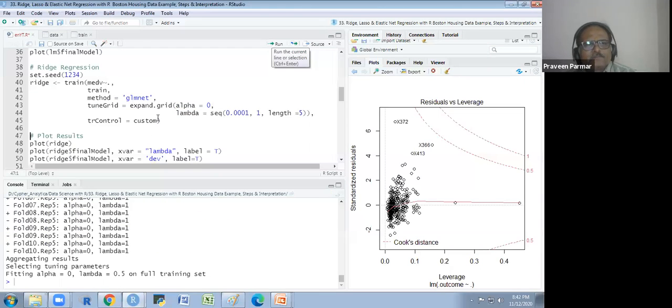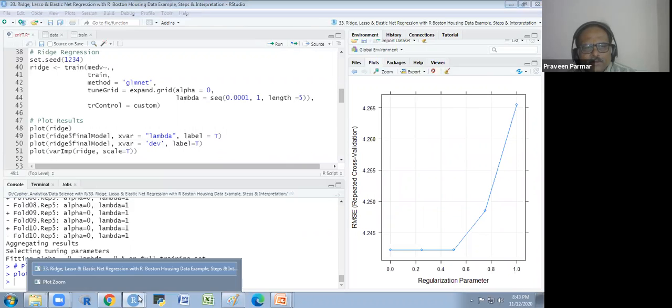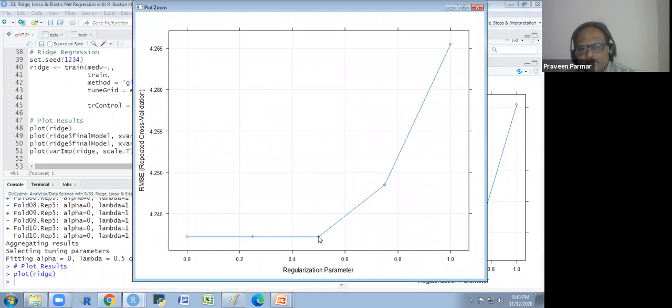It is running. First I will show you the plot of this. This is a plot we are getting, and this plot is very, very important. And here you see the lambda should be 0.5. Here you see the RMSE is increasing. Up to here the RMSE is okay, so we are selecting this one. From here, if I select, the RMSE, root mean square error, is higher. So I will select this one. Lambda would be better here at 0.5.